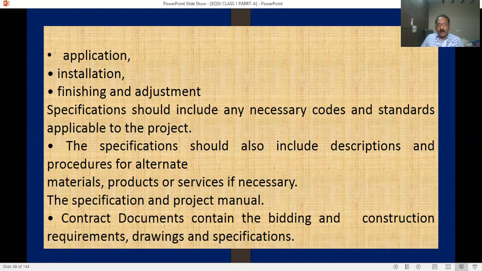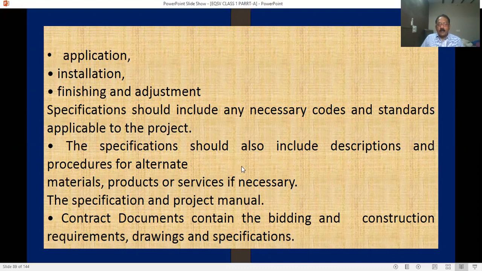Alternative methods also you have to include in the procedure; materials, products, and services are also required. The specification and project manual also you have to provide.